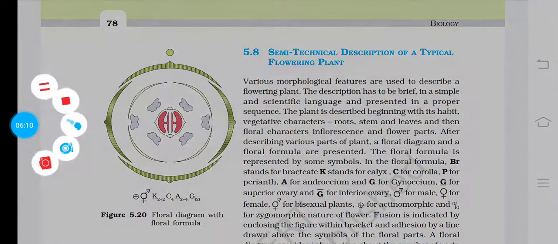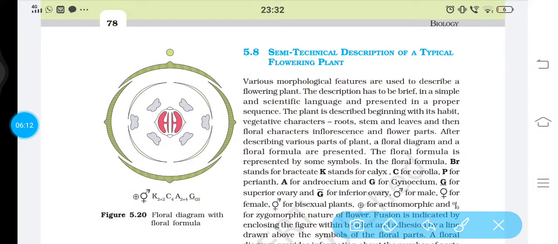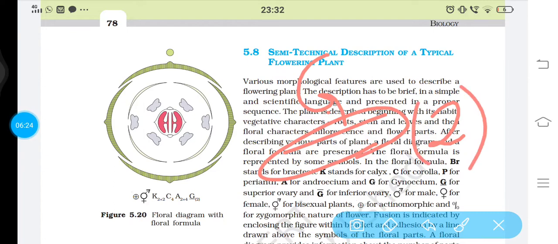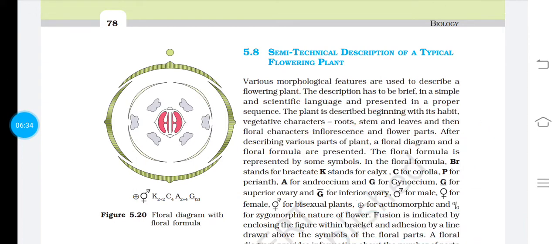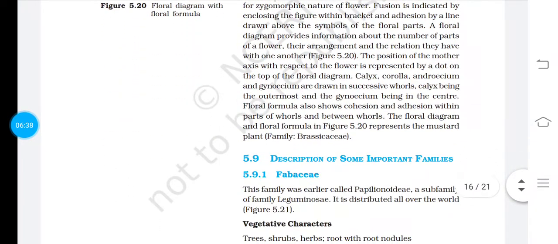Then here we can just see, first of all G is written, and G has an underline. Underline means it is superior of the floral parts, the gynoecium is above. Then 2 is written, that means the number of gynoecium is 2, but it has been put in brackets, that means these two are fused here, the structures are fused, so that's why it is written like that. So we have understood the typical structure here.